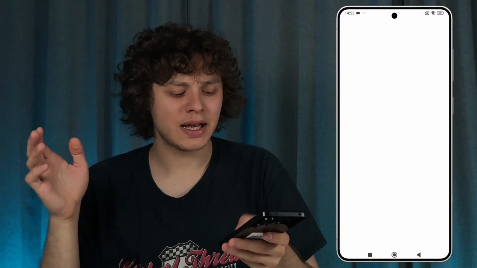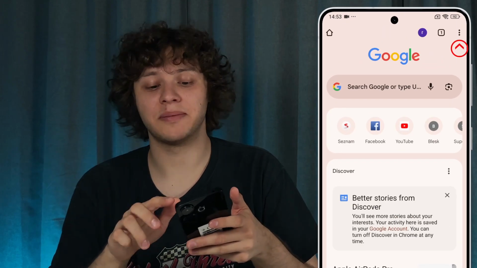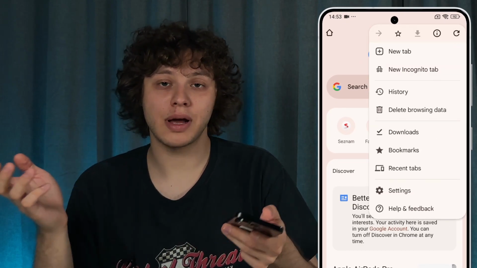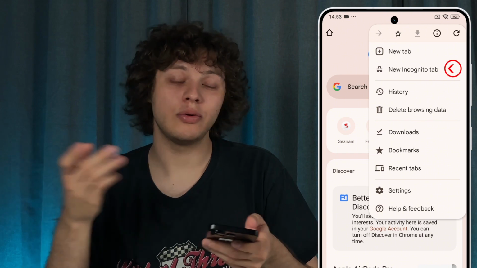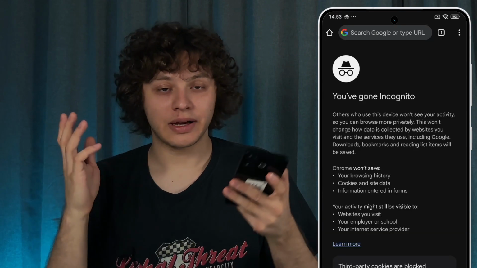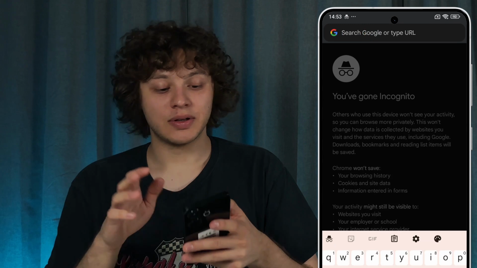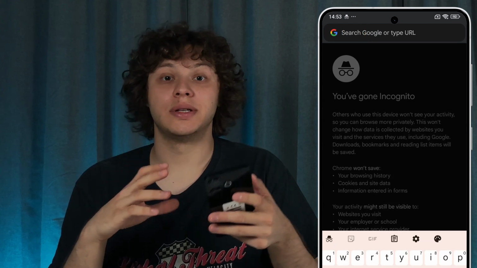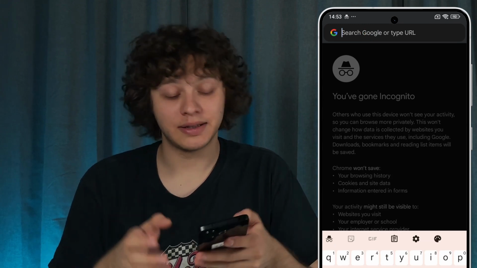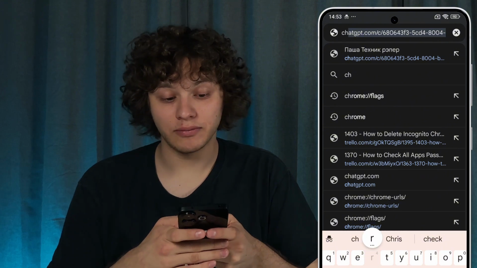So let's start with opening up our Google Chrome as we usually do. Let's tap on the three dots at the top right corner and let's press on New Incognito tab. Great. Now let's use our search bar and we are to type in the following command, which sounds like Chrome